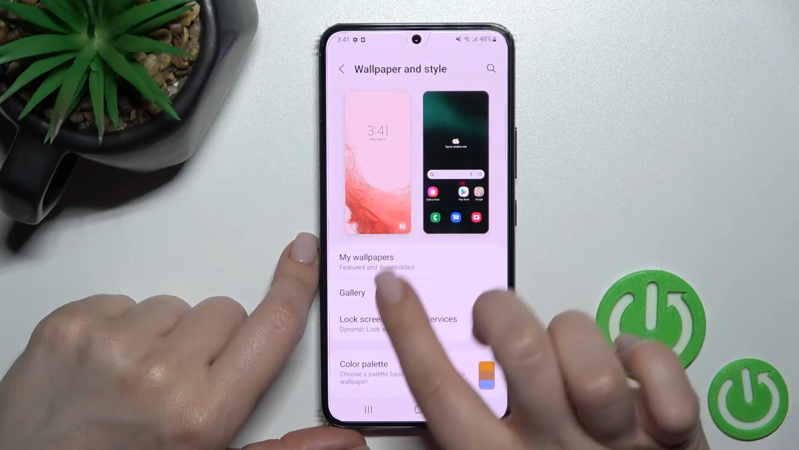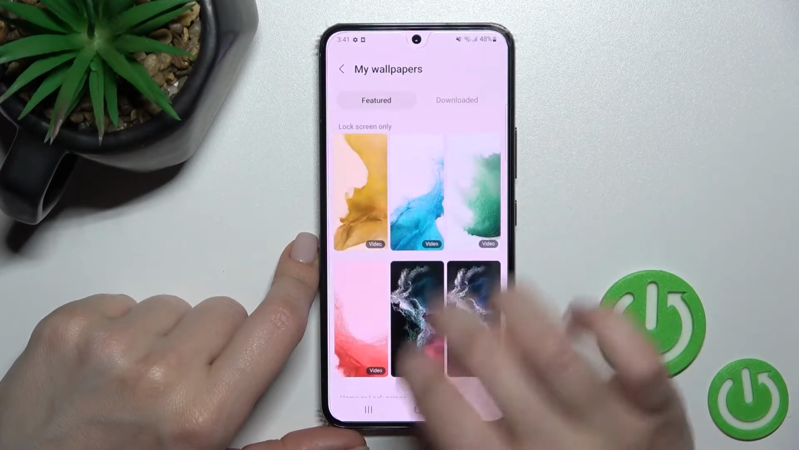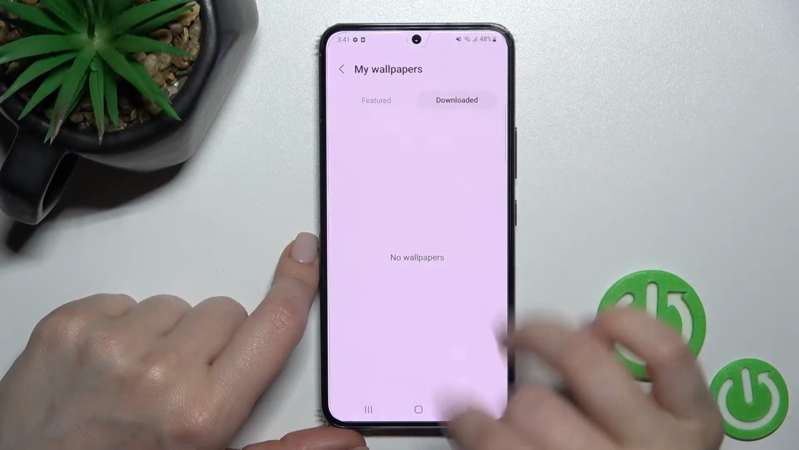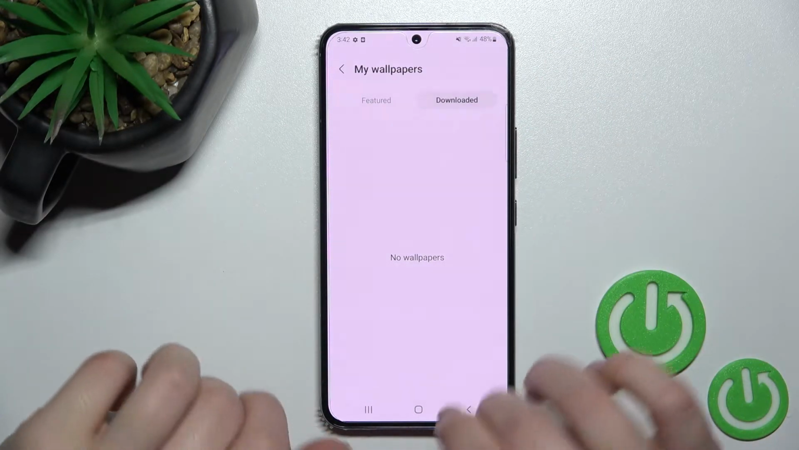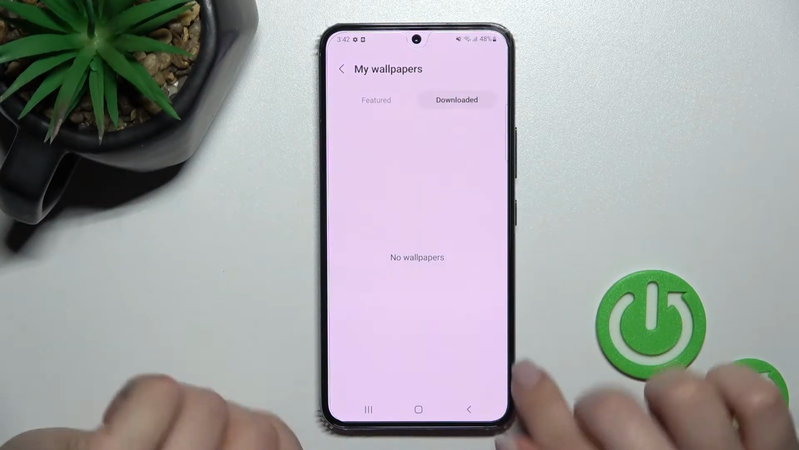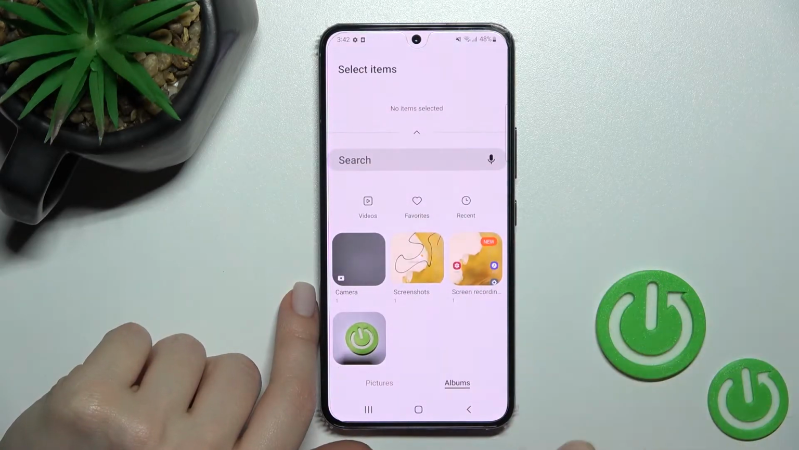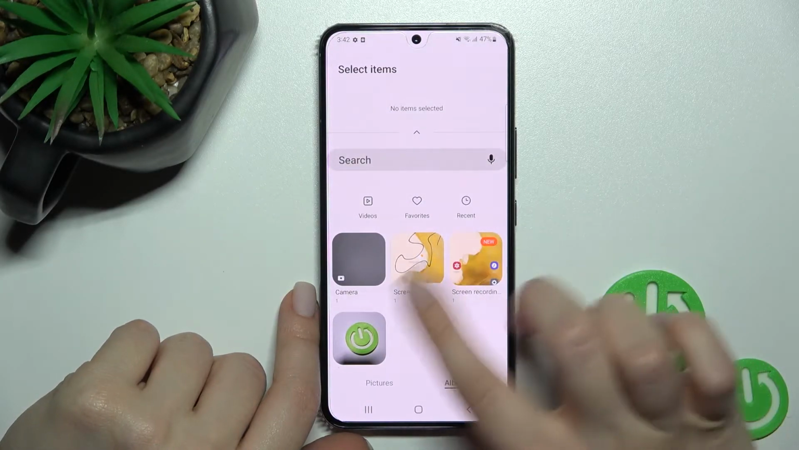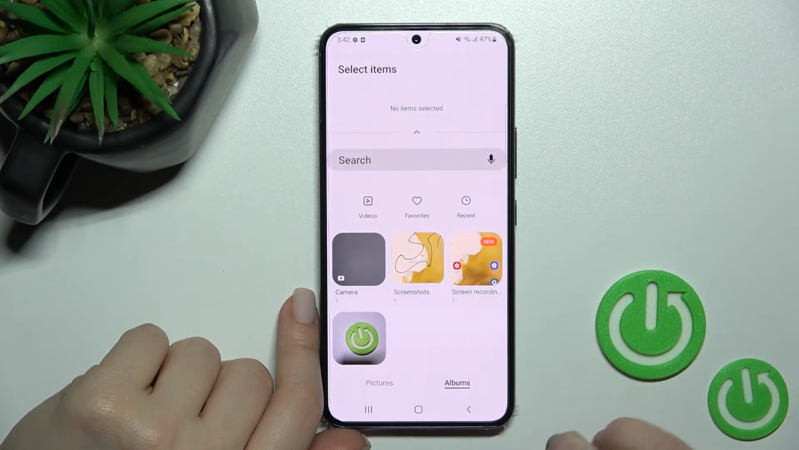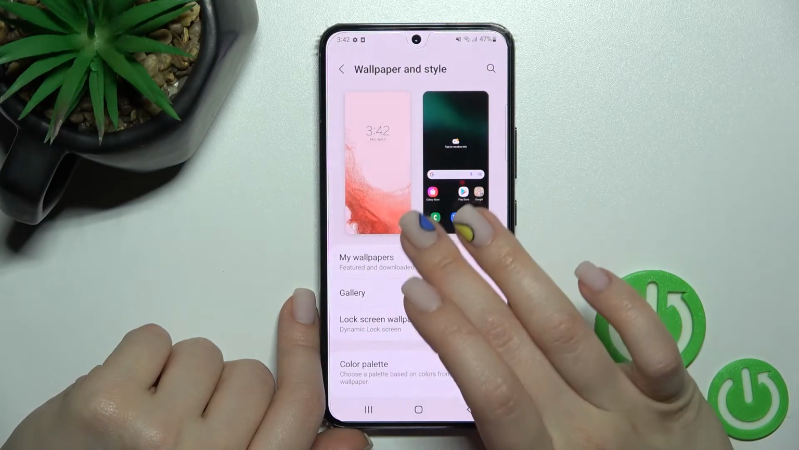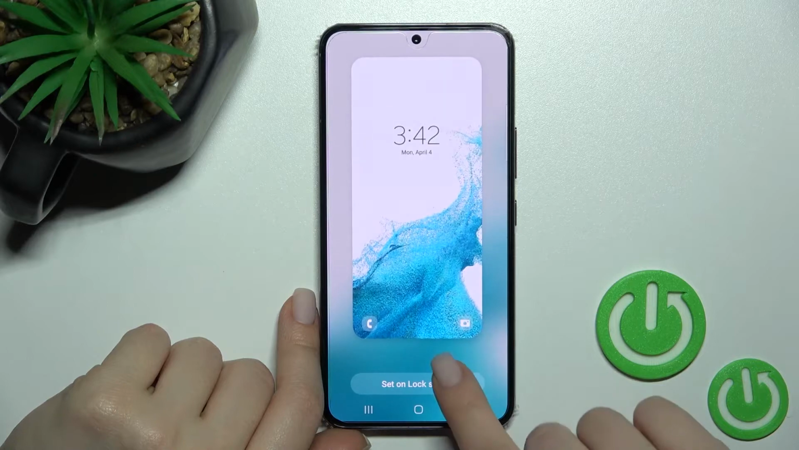Here we have My Wallpapers, here we have our default device wallpapers, and here we have the folder with downloaded ones. If you have some wallpapers downloaded from the internet, you'll find them here. And also we have the Gallery here, our device gallery, so you can choose the wallpaper from photos you previously took with the camera. And now we'll go with the default wallpaper, so just click here, for example, and set